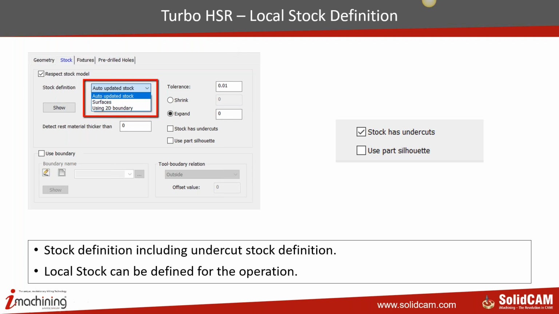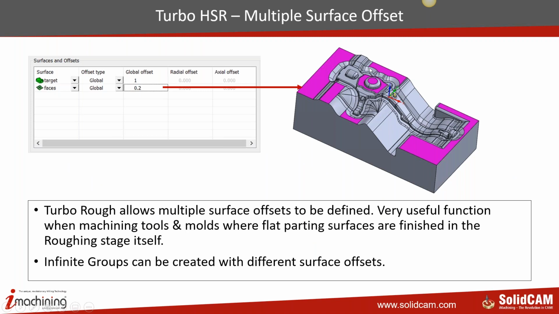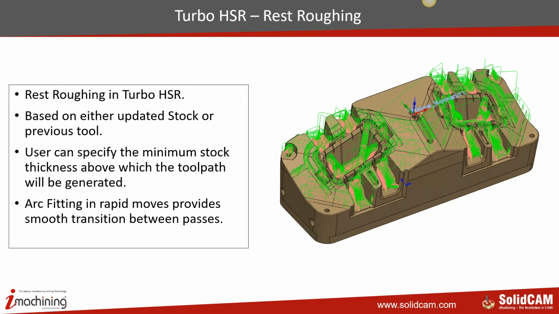You can do a local stock definition, which means you need not be dependent on the previous stock. For example, let's go back to this part here. Now, assume that the entire part was machined, and for some reason, some area needed reworking, so somebody fixed a small block of material in that region, and now you could go back to your roughing and you could say,